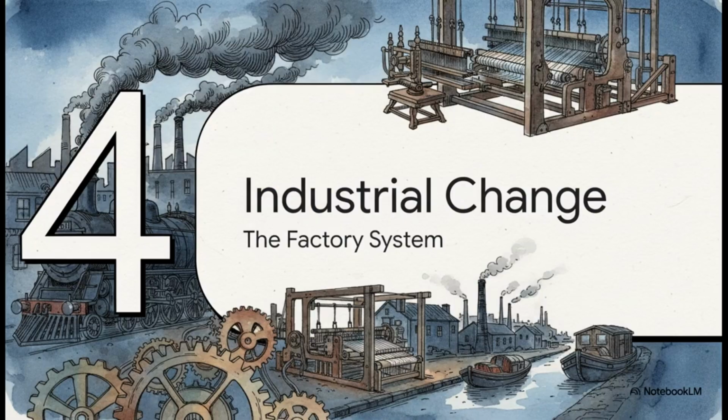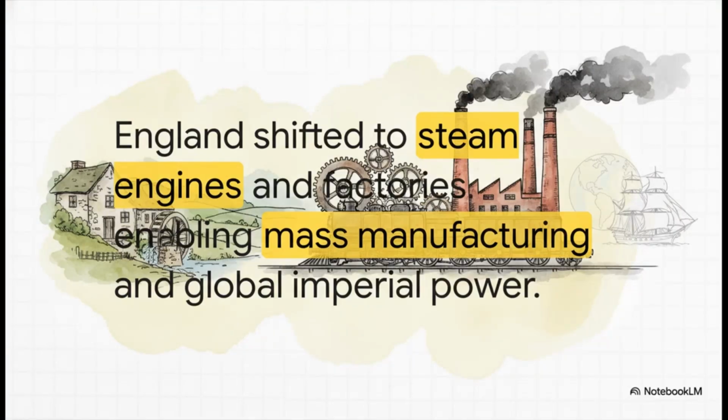Let's move to Section 4 and see how this builds into the Industrial Transformation. With a political framework finally stabilized, the 18th and 19th centuries brought massive technological leaps that completely redefined the world. England shifted from a largely agrarian society, think quiet, rural cottage industries, into an absolute powerhouse of roaring steam engines and urban factories. This centralized production system allowed for mass manufacturing and economies of scale on a level the world had literally never seen before, totally cementing Great Britain's status as a formidable global empire.